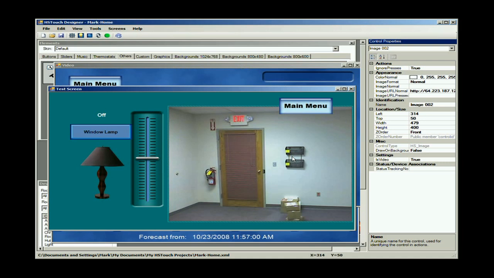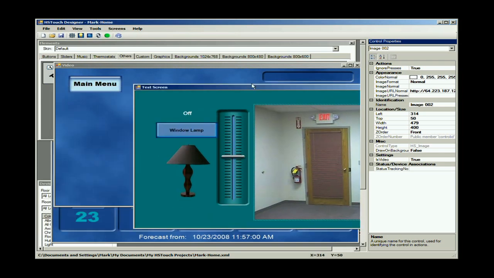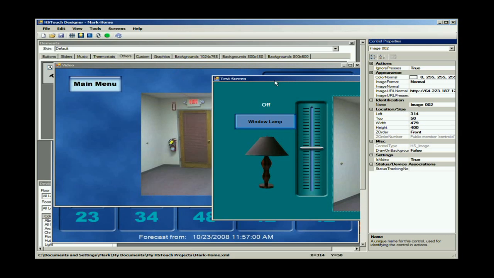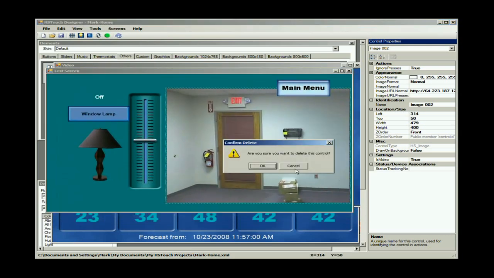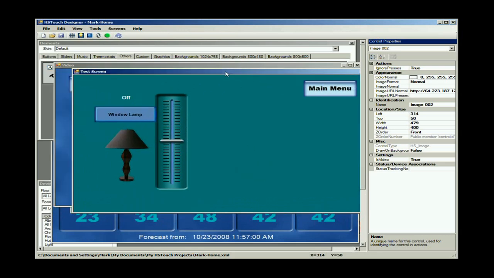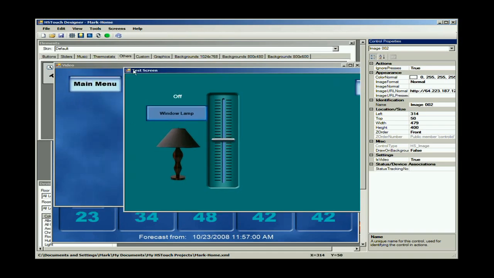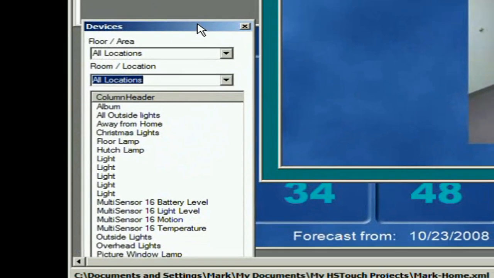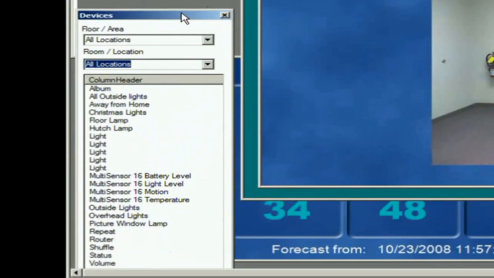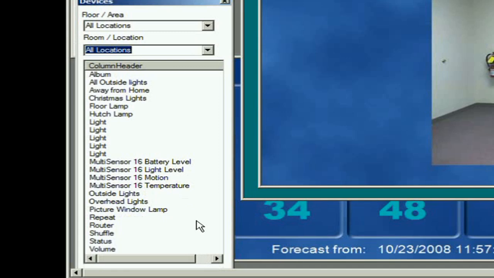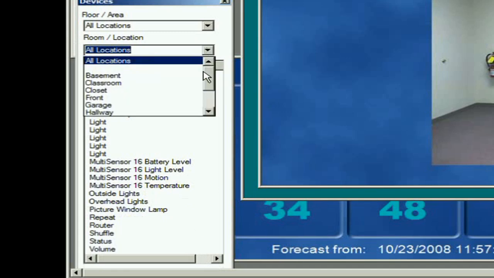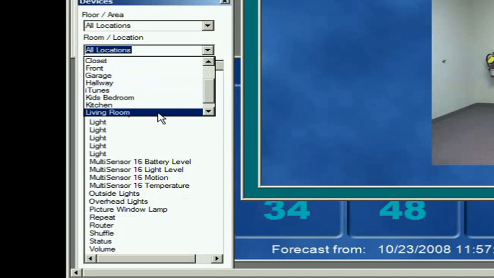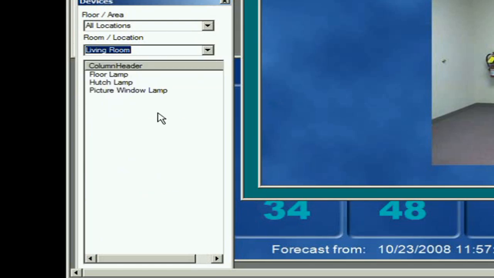Okay, so we've gone over adding a device and controlling a device. How about just a direct device itself without adding a button? Let's do that. Let me clean my screen up a little bit. The quickest, simplest, easiest way to add a device to your screen inside the designer is to go to the Devices palette, this bad boy down here. It's literally pulling in all the information from your HomeSeer system. So I could say, for example, let me just limit this to the lib